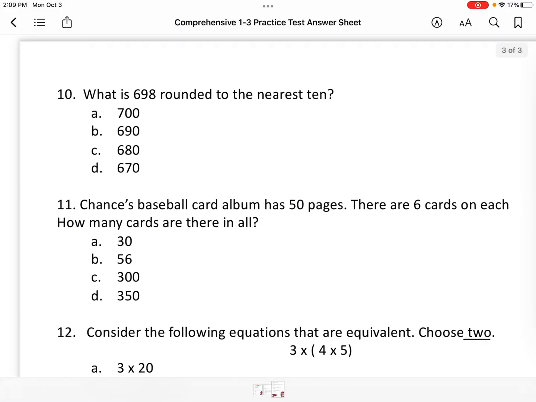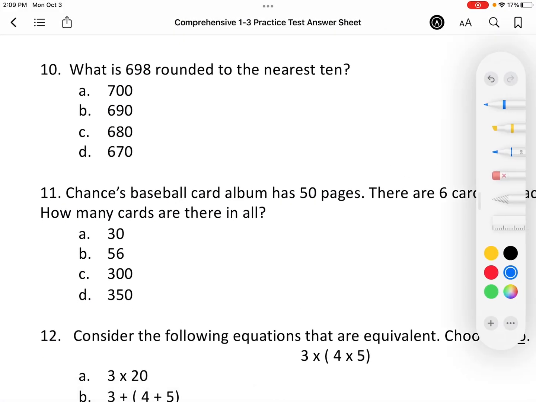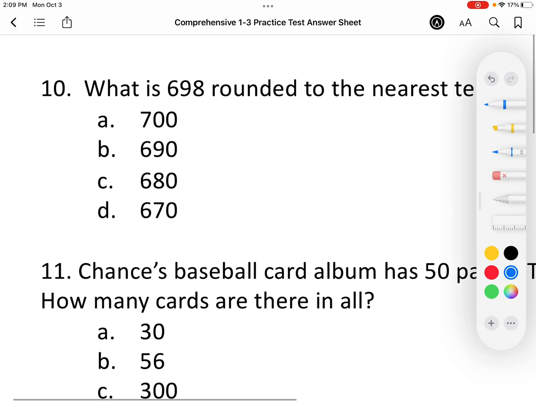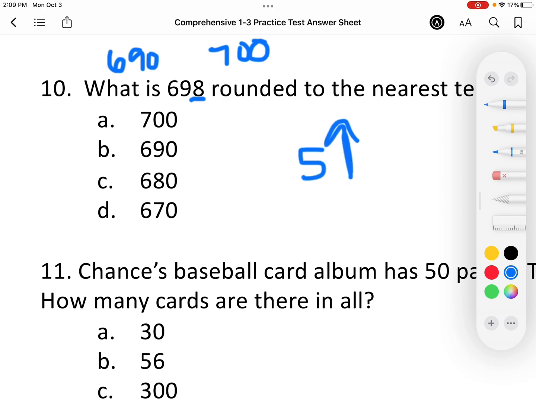Okay, so for number 10, what is 698 rounded to the nearest 10? You know that 698 is between 690 and 700. So because of the 8, it follows the rhyme: 5 or more, raise the score, and you would round up